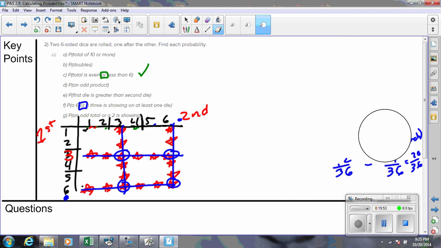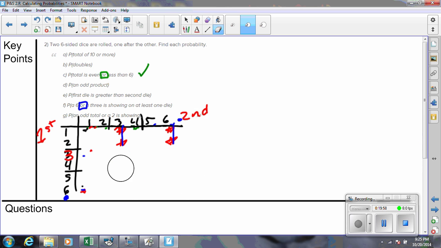So for the last one, part G, this one is asking us what is the probability that we have an odd total or a 2. Okay, well, let's start by saying where are the odd totals. Remember, an odd total is a sum. So we would have